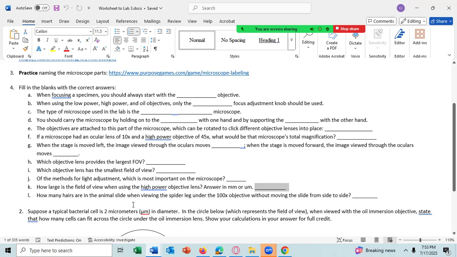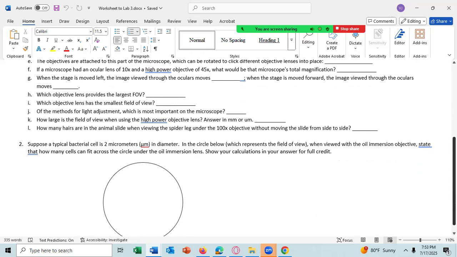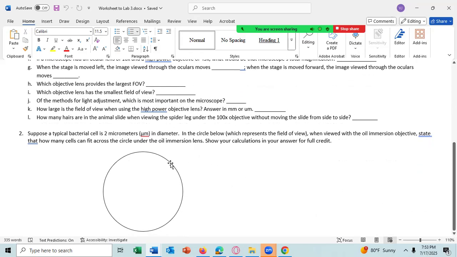4L, how many hairs are in the animal slide when viewing the spider leg under the 100x objective without moving the slide from side to side? 2. Suppose a typical bacterial cell is 2 micrometers in diameter.